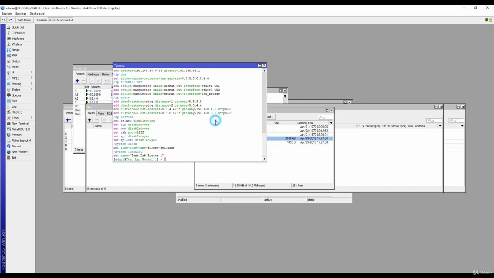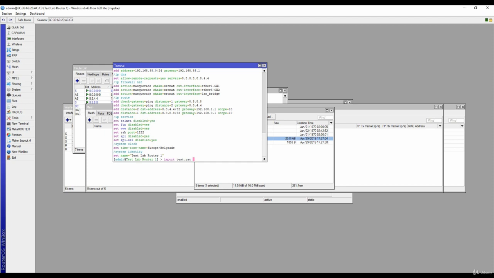The import command, or the reverse command, is just putting import and the file name that we created. So keep in mind that when you export it, it will be saved with the .rsc extension, and just click enter and it will be imported. What does it mean to be imported? It just executes a script stored in specified files, adds the configuration from the specific files in the existing setup,